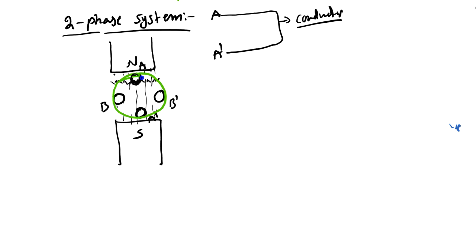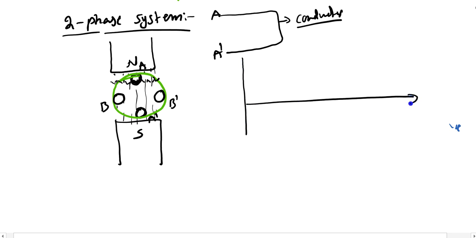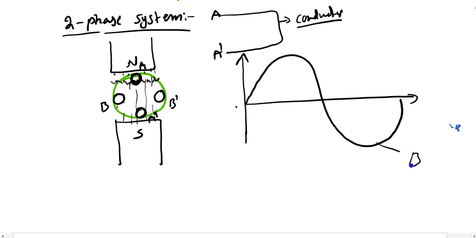Now, as you know, for conductor A, we already generated the EMF, isn't it? The first phase, the first single phase, that concept we know how to generate. So this is what the EMF has already been generated. This is for B. When we come to that second coil here,